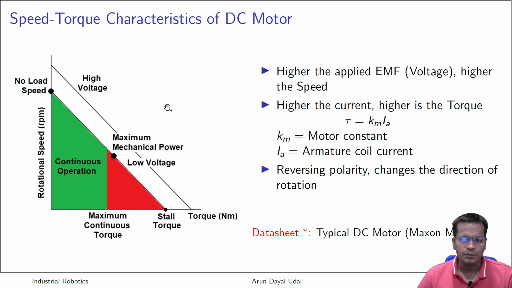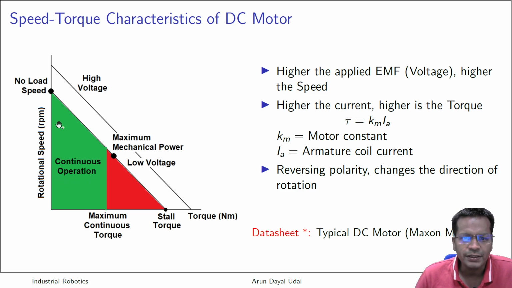Now we need to discuss more on this particular figure. What it says? It says speed and torque, they are related like this. If you go to higher speed, you see less torque that is going to come onto the shaft. If you increase the speed, torque will be less, and vice versa. If you increase the torque, speed will be less. So this is a normal relation. Obviously it should not be like this. How it is, I will show you directly on the data sheet now.